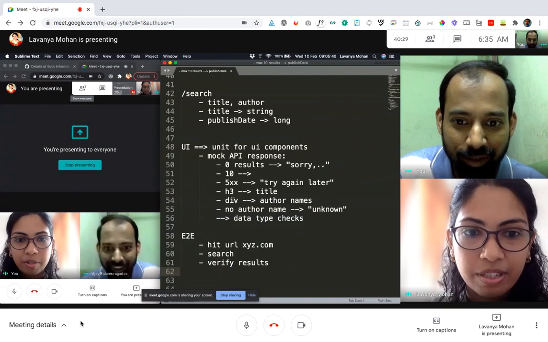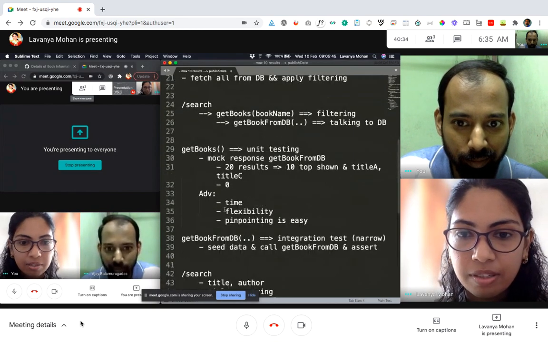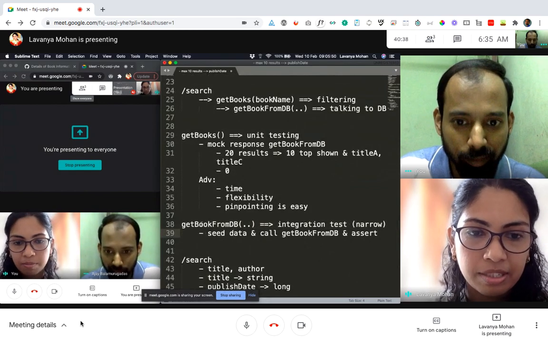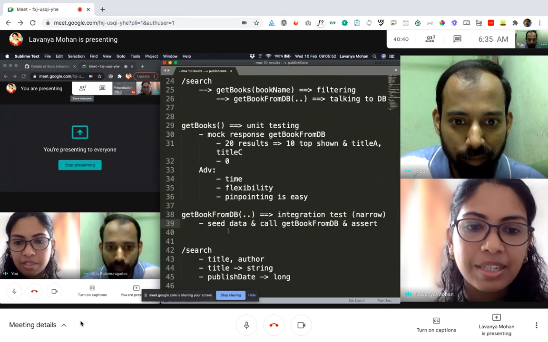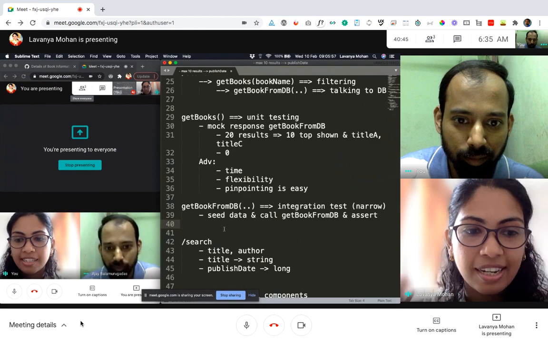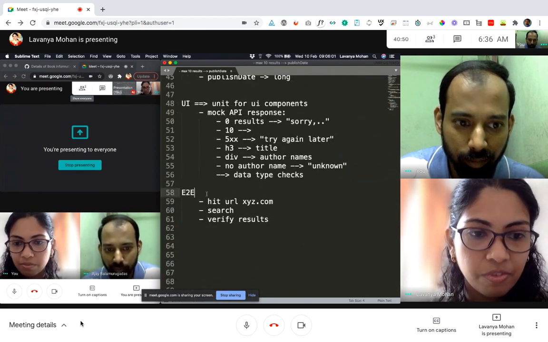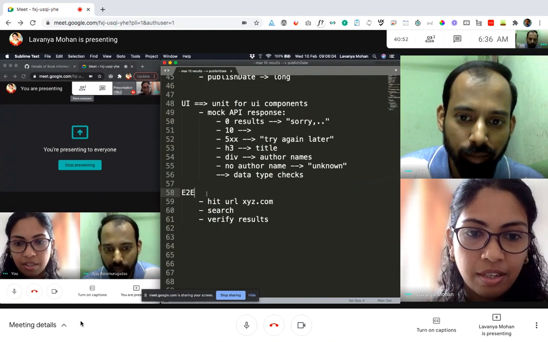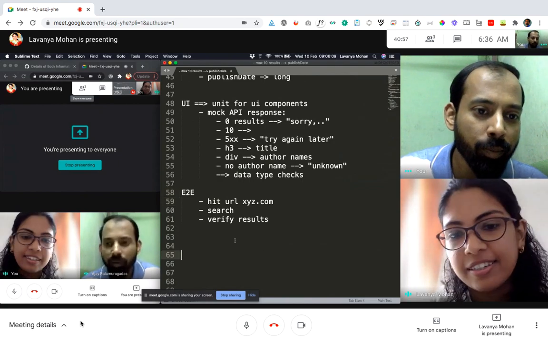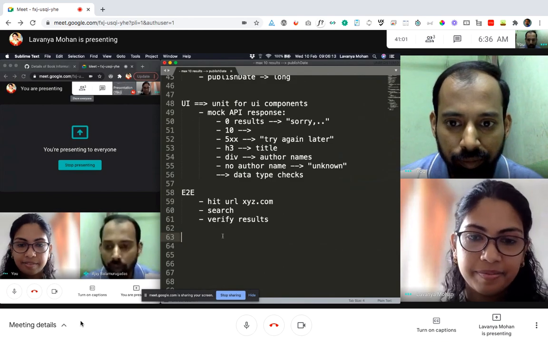Just one point about looking at all this unit test related data. In this case, for example, maybe we are seeding, but it's a local server and local DB instance. So we seed data, but then we probably delete the data also after the test. In case we want to see the exact same thing, then maybe we need to ensure that even in this E2E, we seed the similar kind of data, if we want to do a comparison, with all other parameters and factors being constant. So that kind of a test.